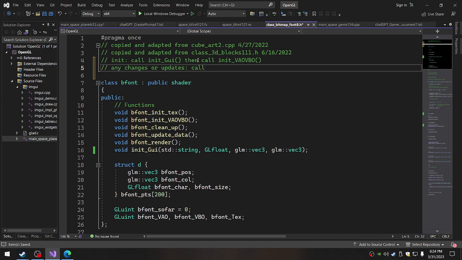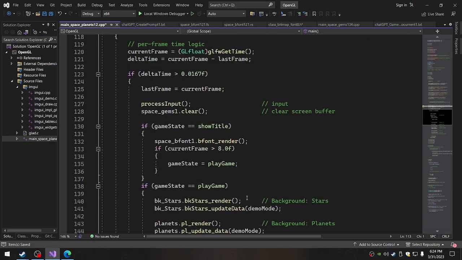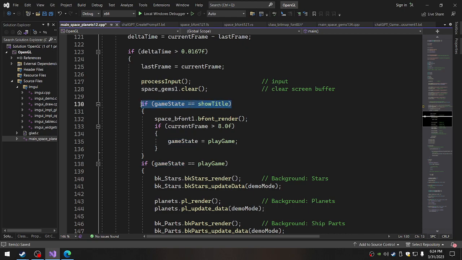So once we're done with the title screen, pretty much, because there's nothing that, see the show title game state? Once we're outside of that game state, we don't ever go back to that game state. So we can just delete everything in space B font. So right in here,